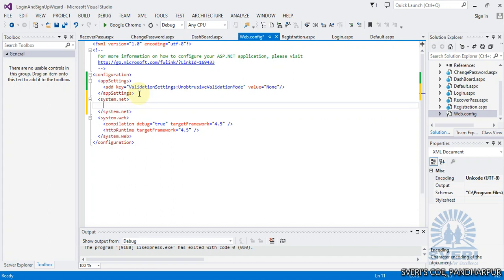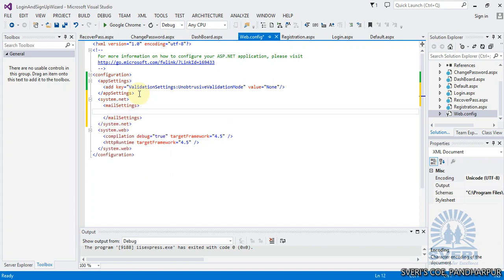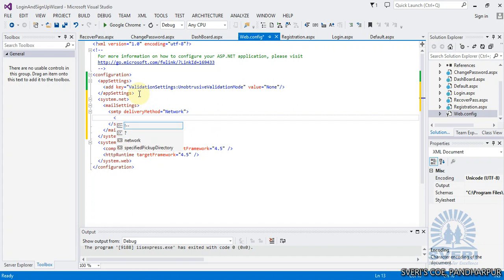Inside the system.net tag, a mailSettings tag, and in mail settings just add the code smtp deliveryMethod equals network. So complete this, then inside it network